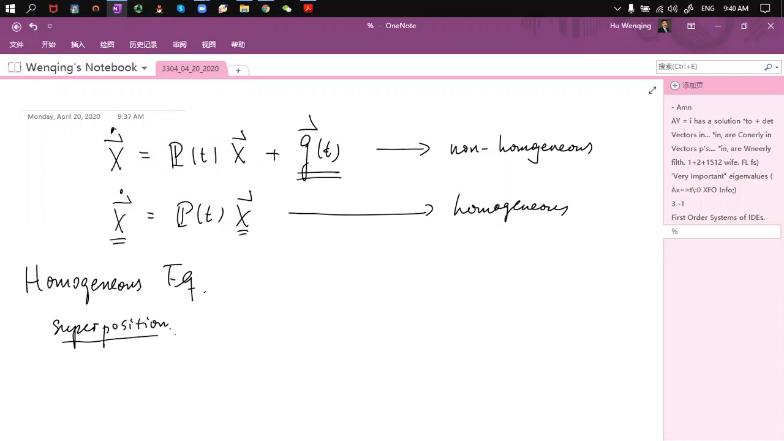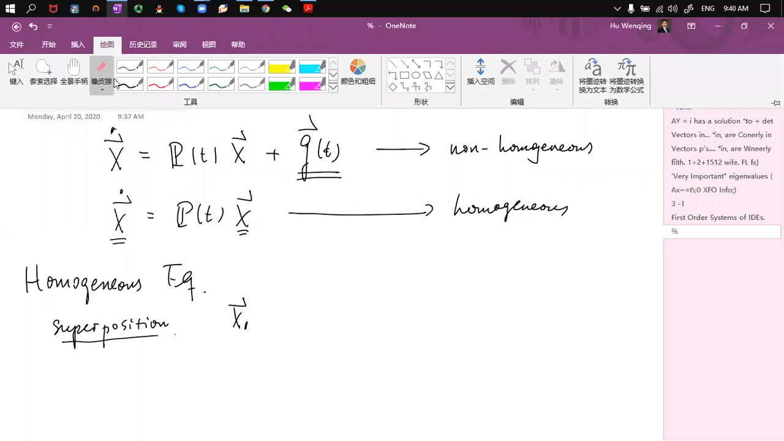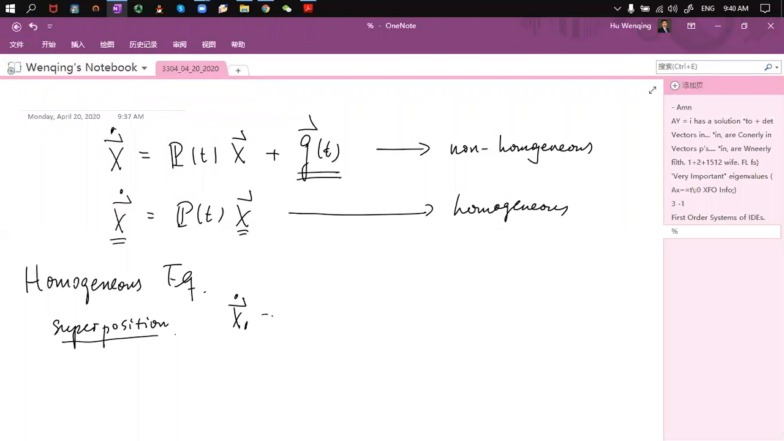So what is superposition? It means that if x1 is a solution, so x1 dot is p of t multiplied by x1, and x2 is another solution, so x2 dot is equal to p of t multiplied by x2,